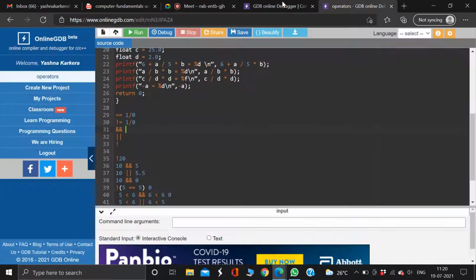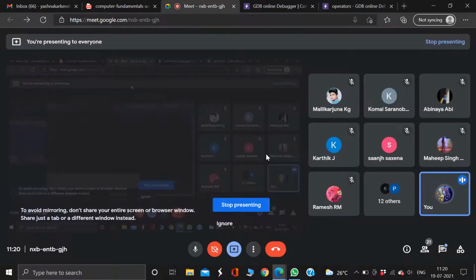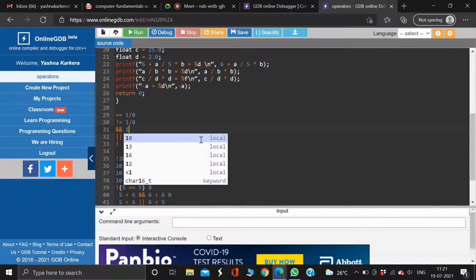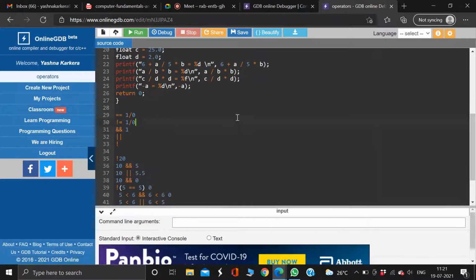And operator. Okay. Very good. You are right. So the and operator is like the truth table that we saw, which means you have to check both the statements. If both the statements are true, then only it will be 1. If one statement is true and one statement is false, it is going to be false. So for the and operator, both conditions have to be true.